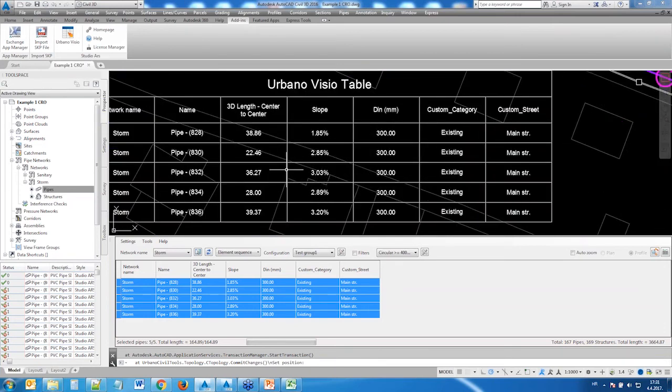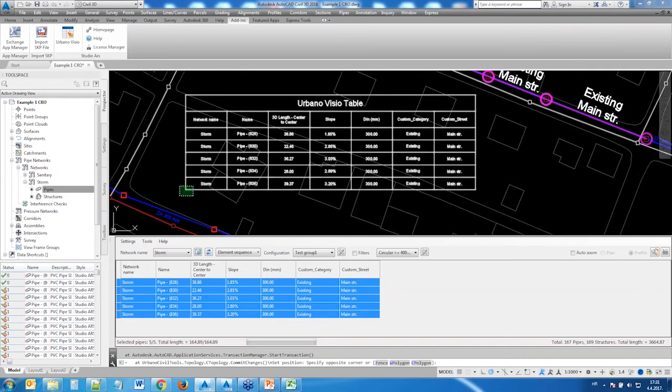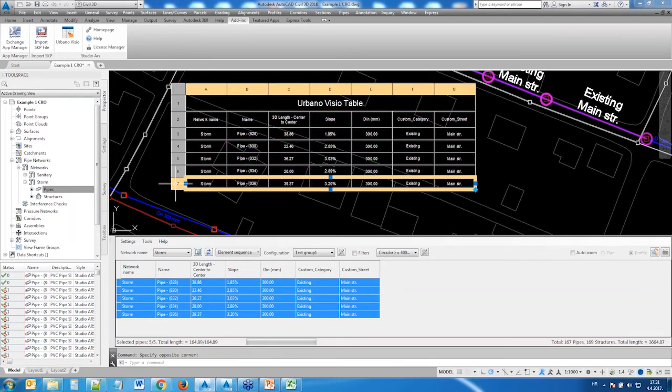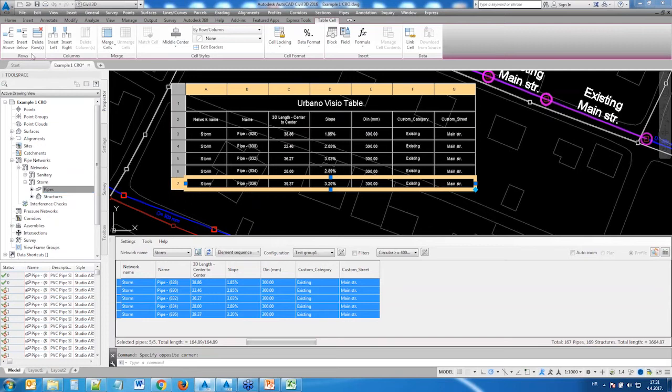This looks like a standard table, and it is. It's a standard AutoCAD table. And this is a little bit special actually, because Civil 3D has its own tables. If you want to have Civil 3D data in a table, you must use the Civil 3D table, because the AutoCAD table is not able to show this data. On the other hand, the AutoCAD table is, let's say, a bit more flexible than the Civil 3D table, and